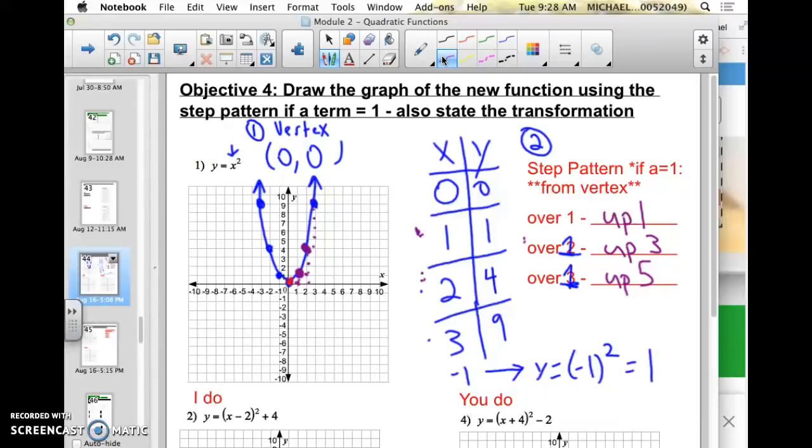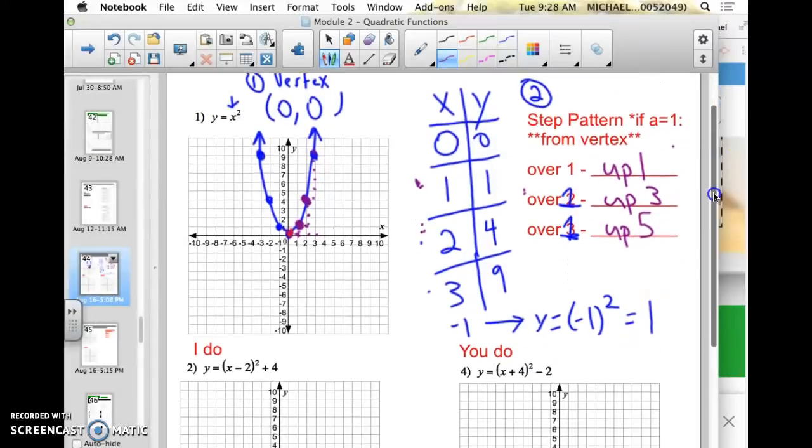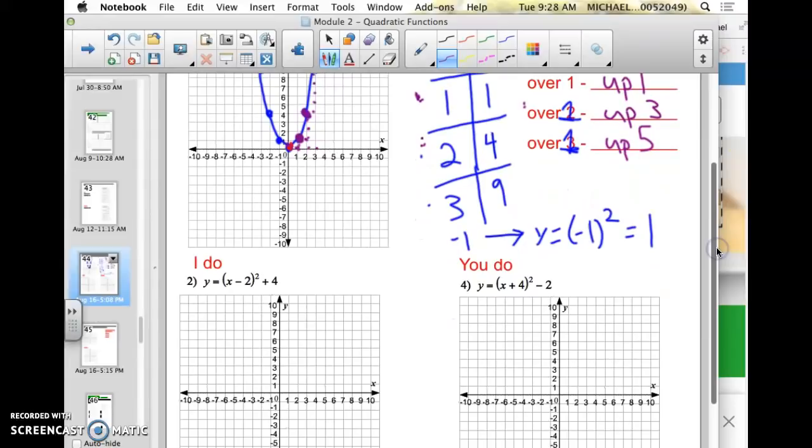And then if you go back to the vertex again, it's over 1, 2, 3, up to 9. So either way works. This is a little bit easier to remember, so I'll reference the step pattern up 1, 3, 5 when we're talking about this. All right? So that's how you draw the parabola of any quadratic function. And that's how you draw the parabola if it's given to you in standard form too, but we'll talk about